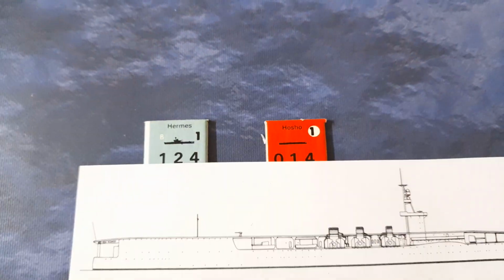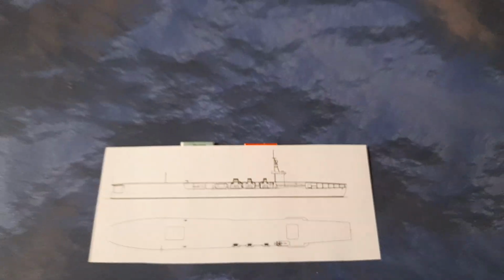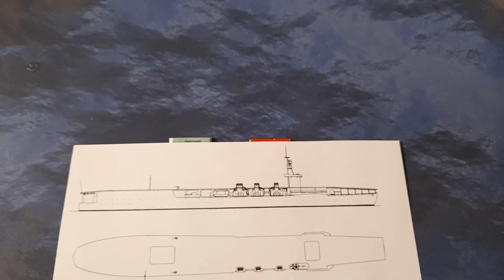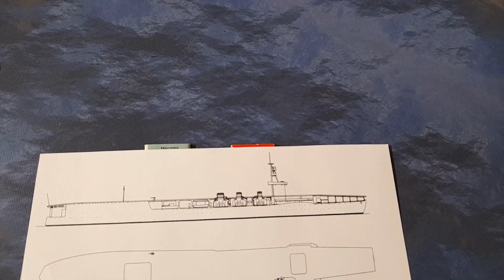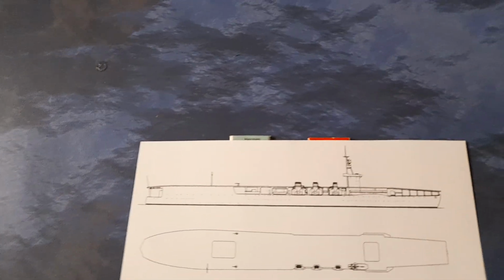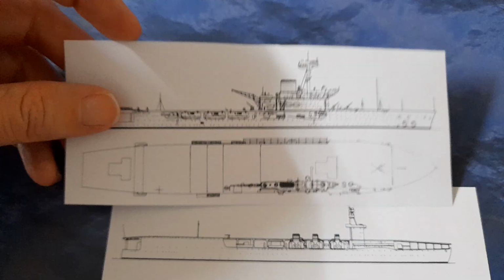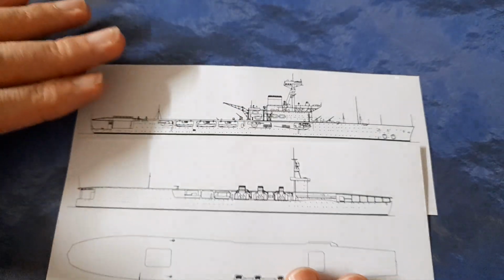I'm just going to bring on these sketches that I have borrowed from Conway's All the World's Fighting Ships because they make for a very interesting comparison of the two vessels, bearing in mind what I've said about how they both are from the same wellspring of naval thought. So looking at the profiles first, and these drawings are to scale,